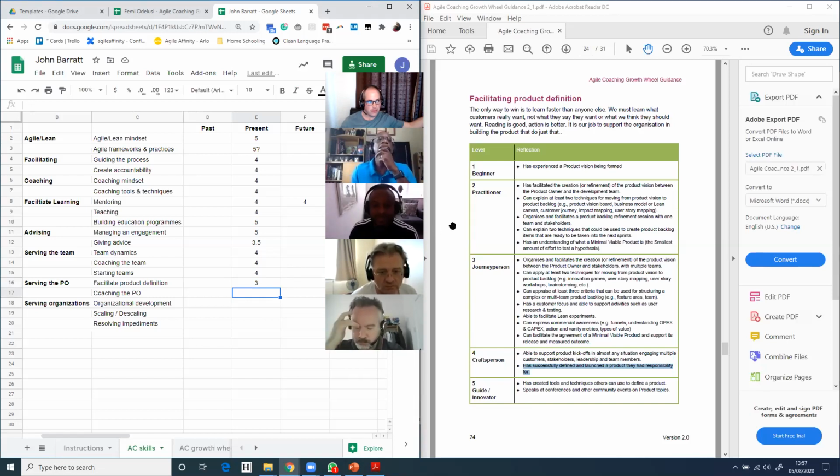Now I'm feeling like I'm a 3.5 thereabout because from a facilitation perspective, creating refinement, product vision, all that kind of good stuff was definitely key towards building a product. Then most importantly, the customer-centric approach. That was really, really key. Understanding the customer, having those early involvements with the customers and the stakeholders to make sure that they were involved.